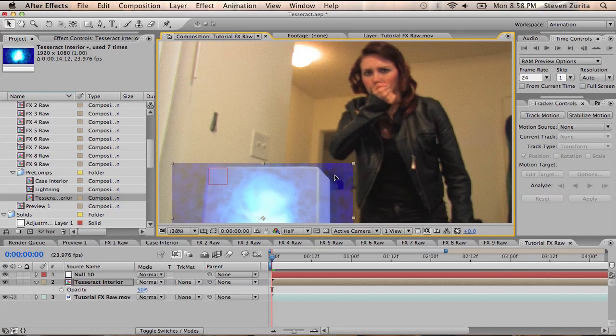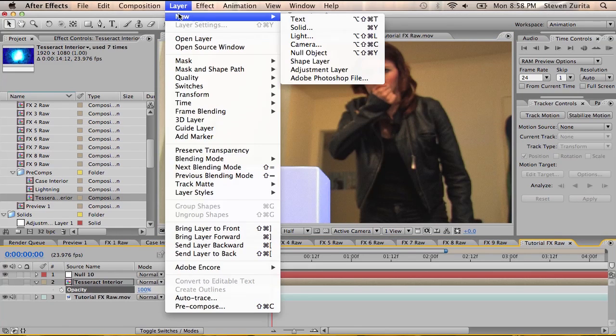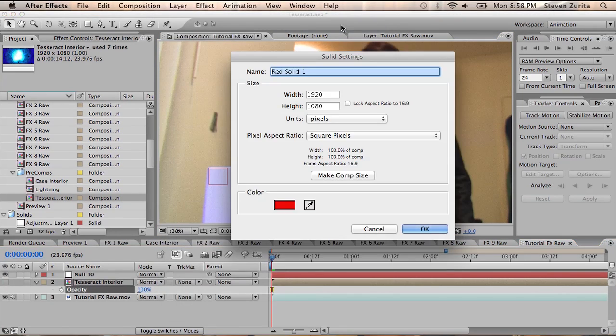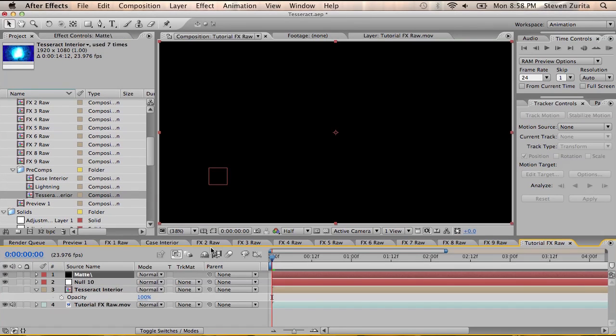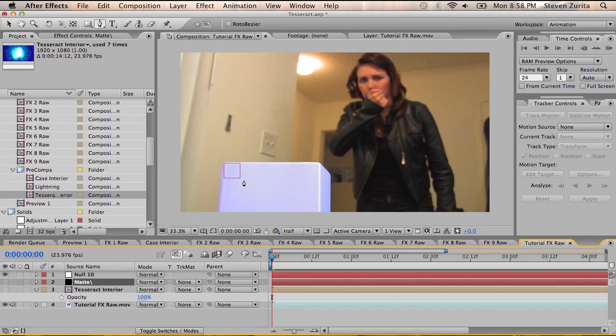That ought to do it. And then lower it a bit. Then we'll bring it back up. And then we're going to turn it off. Then we're going to make a new solid, and we're going to call it the matte. We'll make it black. And it's matte slash, but you know what? That's okay. And we're going to turn matte off, but we're also going to zoom out a hair,